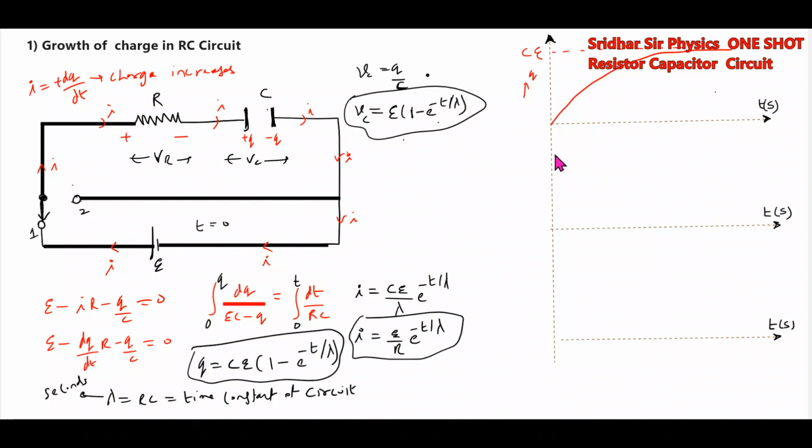Then the expression for current, the expression for voltage across the capacitor will be like this. And the current will decrease exponentially. So what is the time constant? Time taken for the charge